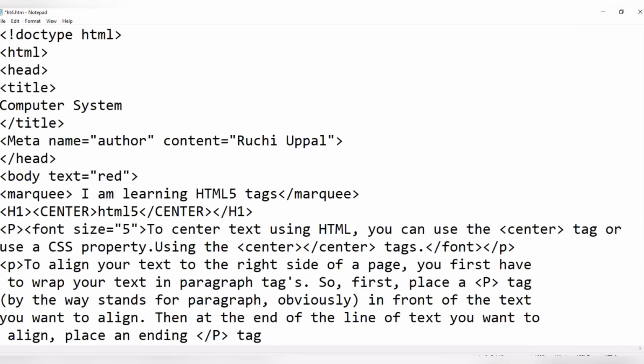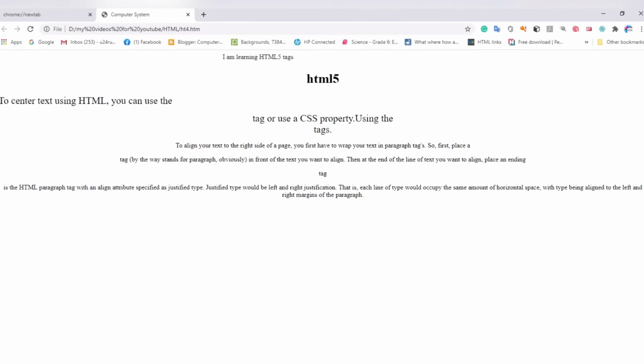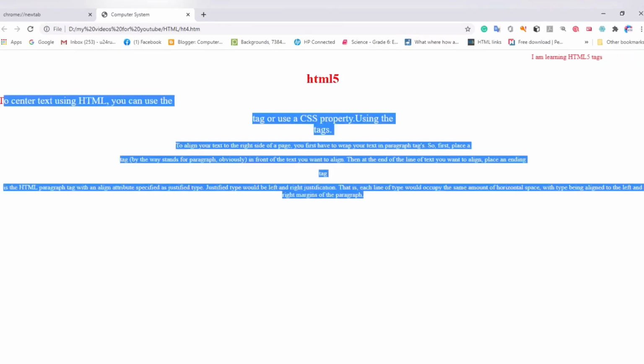Control S, and I will refresh my browser with the F5 key. Wow, you can see your text color is already changed. So you can change the color of the entire text. Clear?